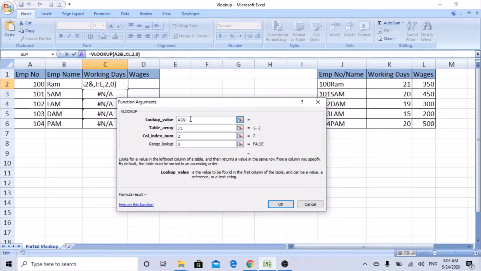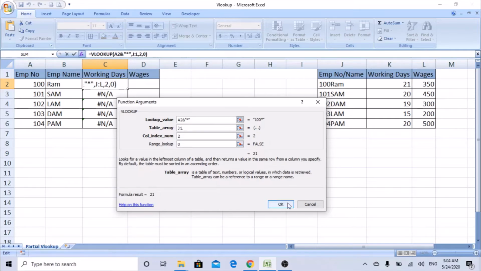So I am adding an ampersand. Any special characters or a text we need to add in double quotes. So we'll start with double quote. Wildcard is nothing but a star. So I'll select the star and close the double quote. As I put this, you can see here 100 star. What it implies is if you put a star to the right of the number, it ignores anything on the right side. So 100 is here. Since I have a text here, Ram, I need to ignore Ram, so I'm putting a star to the right. Now everything is the same, and you can see the result already.